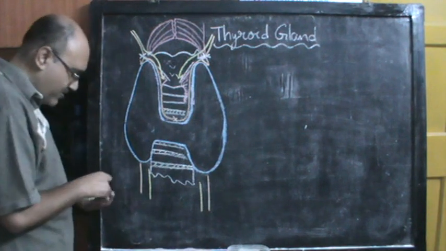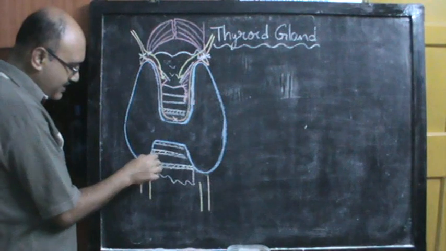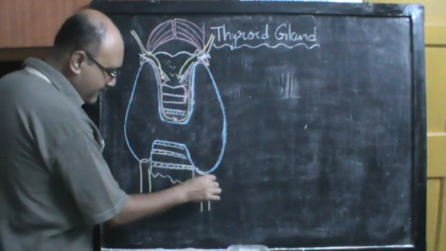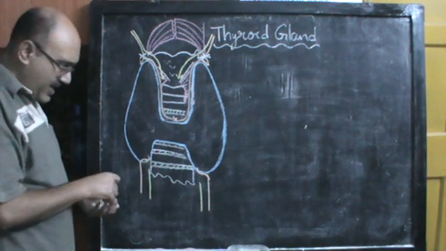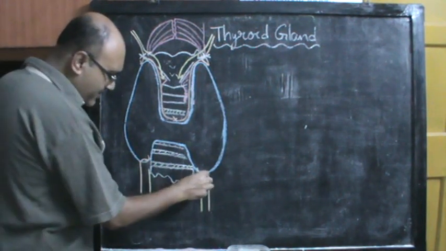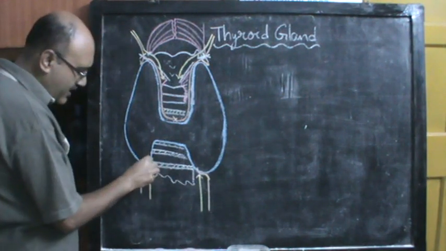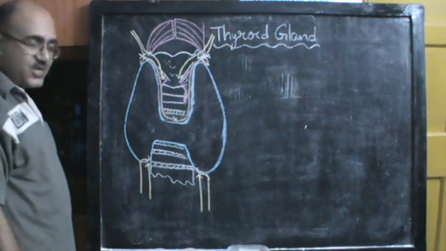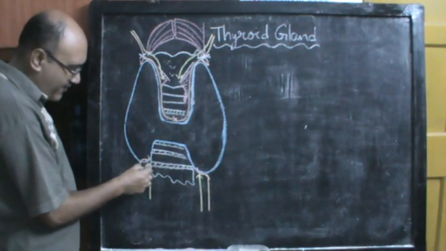This is more so because the artery makes a loop like this, and because this loop is going behind the thyroid gland, you cannot see it. So this recurrent laryngeal nerve close to the lower pole gets very intimate with the artery, very close to the artery. So if you want to tie up the inferior thyroid artery, you have to tie it away from